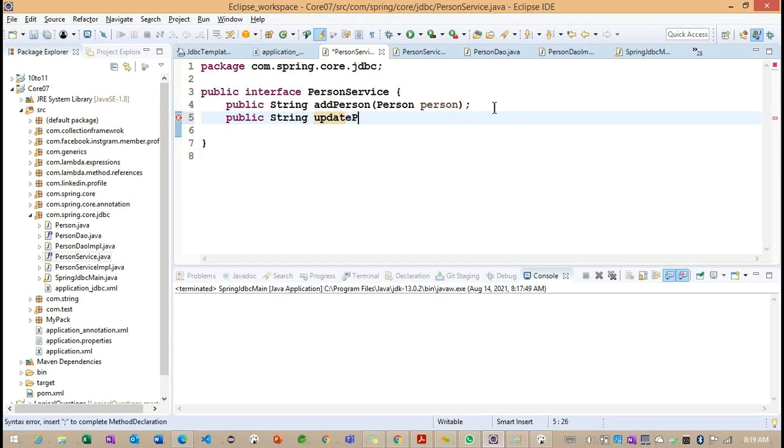Update person. To update this particular person, now what we can do? And the person object I need to load here. I need to pass the person object here. Return ID. We need to load and we'll update here. Okay. So this is what I'm going to work on here.